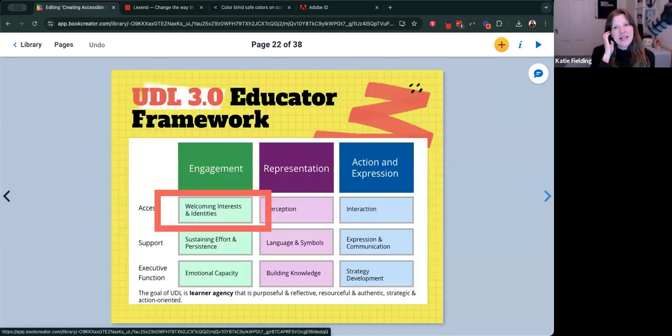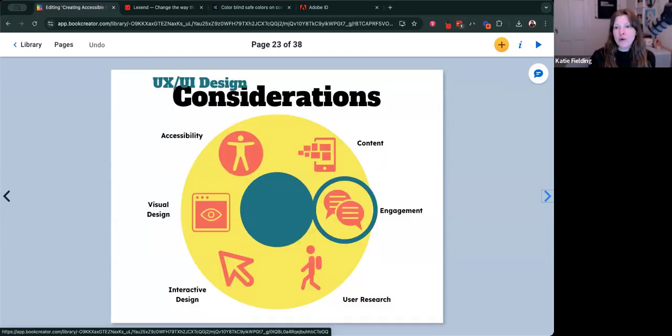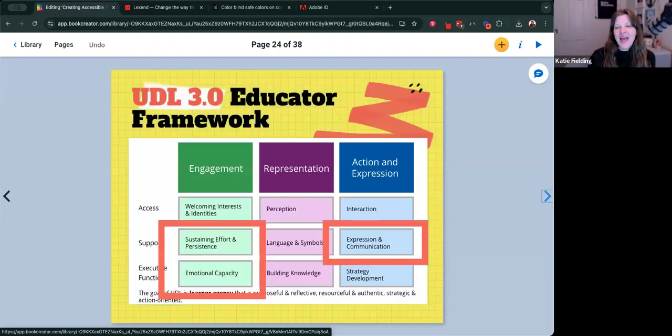All right. The next part of the framework that we're going to dive into is the engagement piece. And that was the next part on the wheel, the UX and UI wheel. It's making sure that we are letting students come into the classroom and engage in multiple ways. So this first part of UDL is welcoming interests and identities. And a new